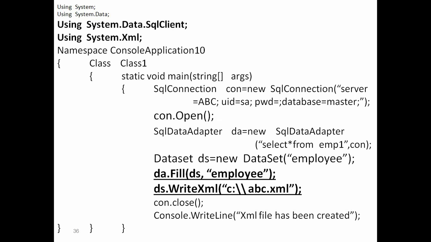ExecuteNonQuery is used in case of create and insert commands. ExecuteScalar is used in case of the select query, but we should have a single output value, तो वहाँ पे हम उसको यूज करते हैं. And SqlDataAdapter is used for a complete table, when we are returning the complete table.